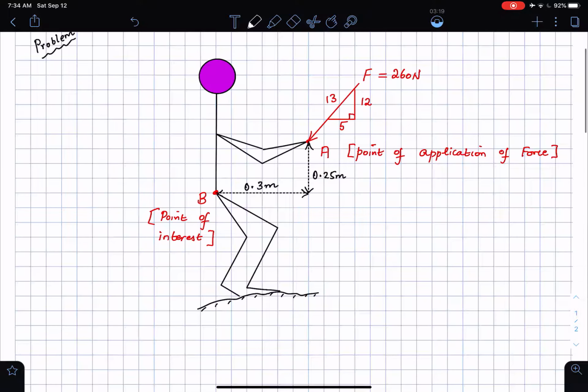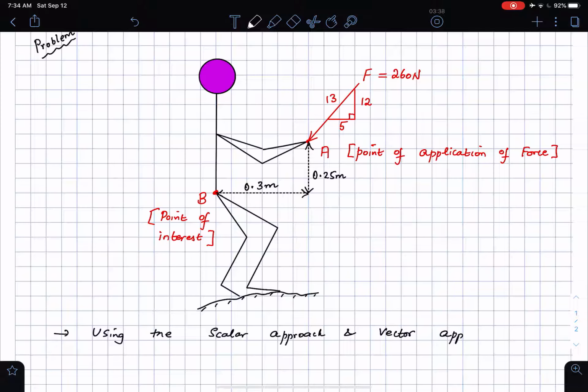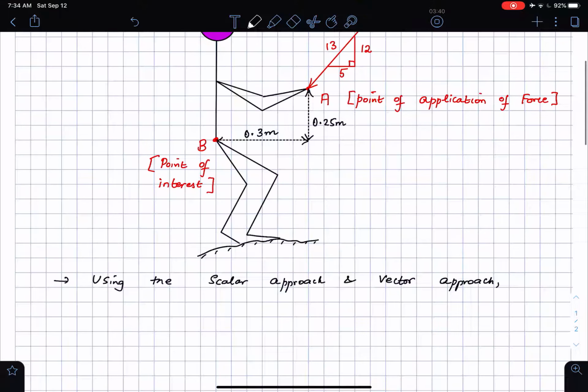Okay, what am I supposed to do in this problem? Using both the scalar approach and the vector approach separately, obtain the moment about the point O due to the force